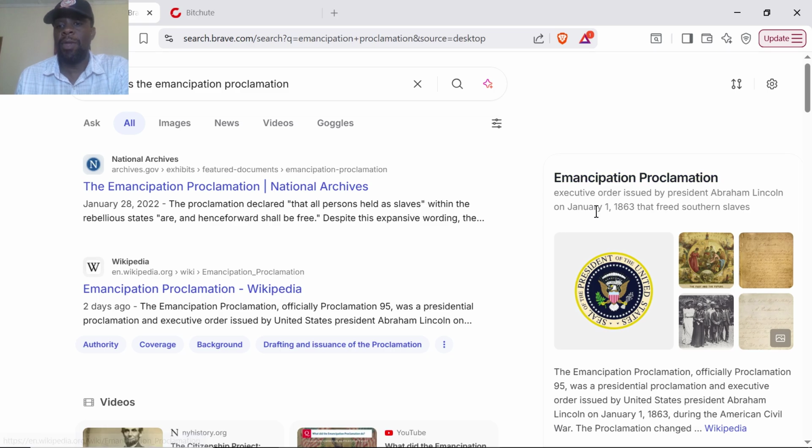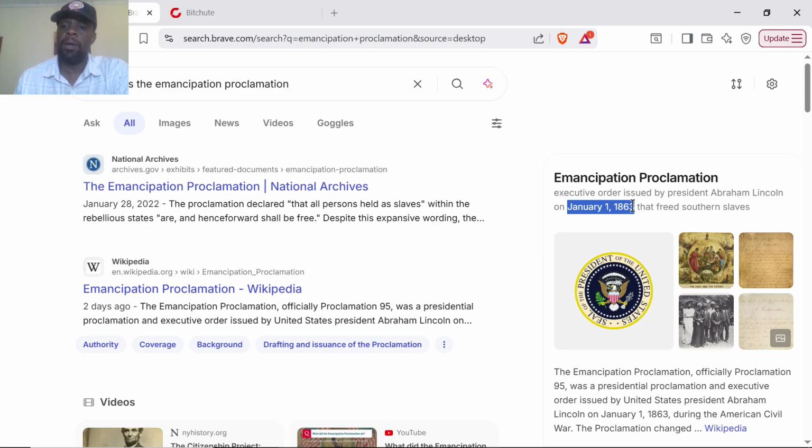Obviously, that doesn't mean that on that very day slavery ended, because it took a while for the slaves to be set free, because especially the farmers and anyone who, in quotes, owned slaves in America didn't want to set them free. But over time, they were set free. But the order was actually signed on this date here. And we know that in the UK and in other countries there were other laws that were passed as well to end slavery. So what I wanted to say, why I'm bringing this up, is because